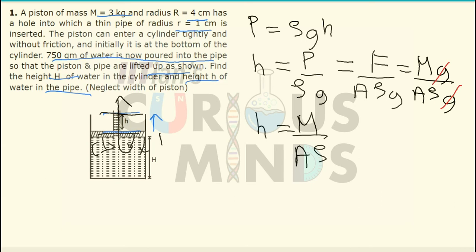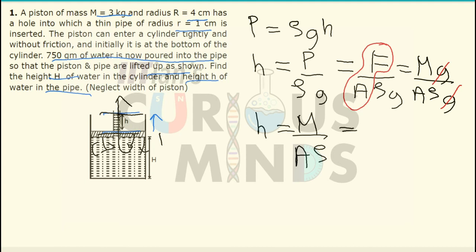When the water rises up this pipe, it will rise only till a certain amount. Now what is the pressure applied by this piston? The pressure applied by this piston will be equal to F by A, that I have written over here. Due to this pressure there will be a rise in the liquid inside this pipe, which will be equal to rho gh. Both these pressures are the same, so I have written the pressure as rho gh, and the same pressure I have written as F by A.